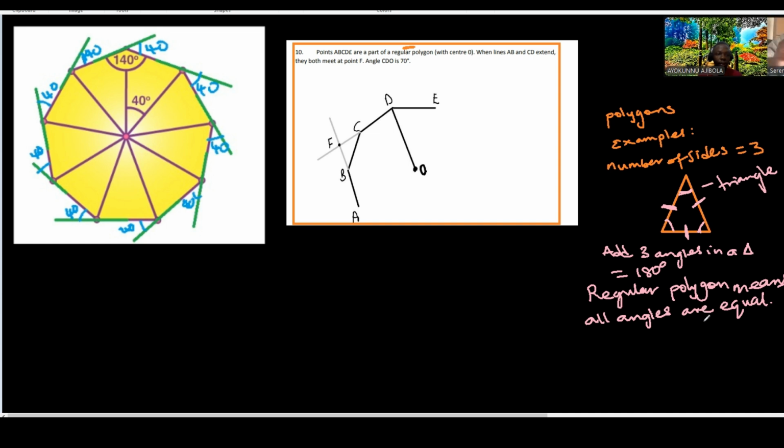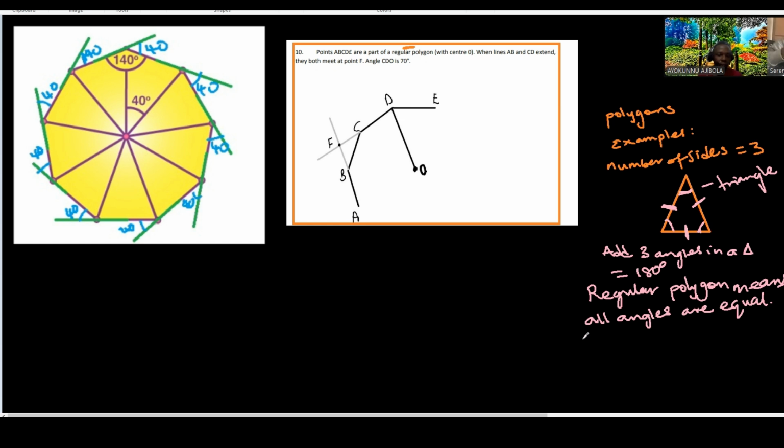Wait, I said in a regular polygon, it means all the angles are what? Look at this on the board. Yes. Respond. This is it on the board. All angles are equal. Exactly. Good. So if the sum of angles in a triangle is 180 and all of them are equal,